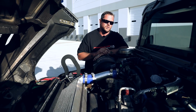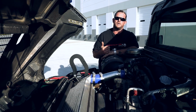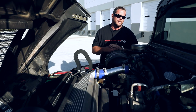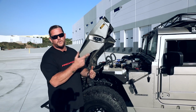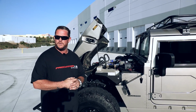Helping that Garrett turbocharger spool up and run at its optimal 36 pounds of boost in the factory application is our custom intercooler. That one is one we've been designing for a little while, trying to get it so it's the right fit and fitment. We're still playing around with different intercooler pipes, different finishes. We're gonna work our way down the side of the truck. I did want to point out that this is sitting on